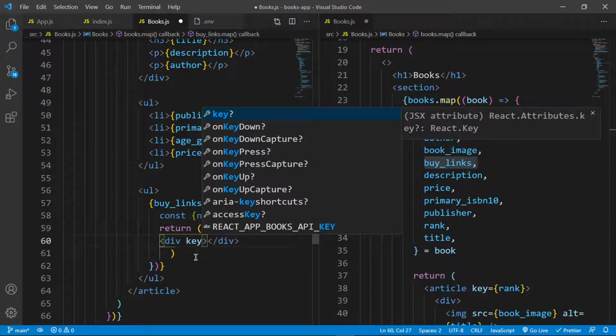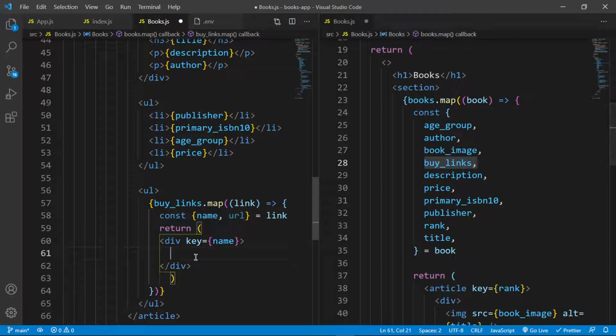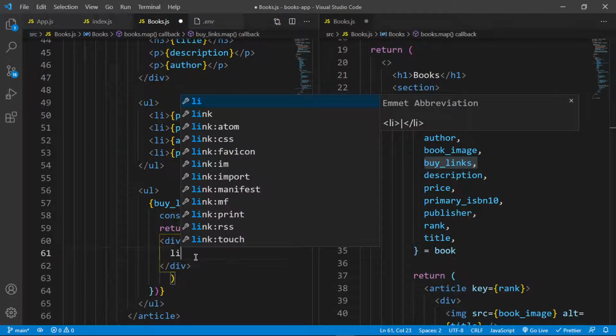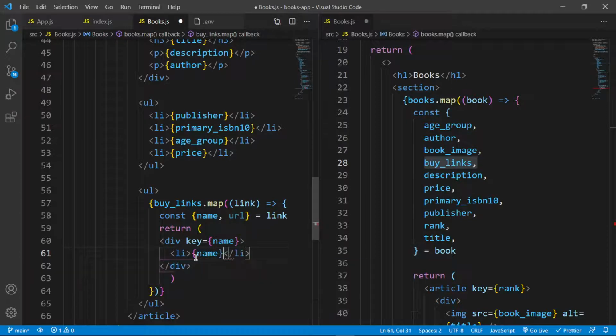and this div will have the key of name, and then inside this div I'm going to return a list item that says the name of the company where we're going to buy the book, and then another list item that says the URL to the link. Oops, not a list item here, but an href. This should be an href because it's a URL. So href is going to be equal to the URL, and then right here I'm going to say buy now. Let me just say that, or rather than buy now, let me return